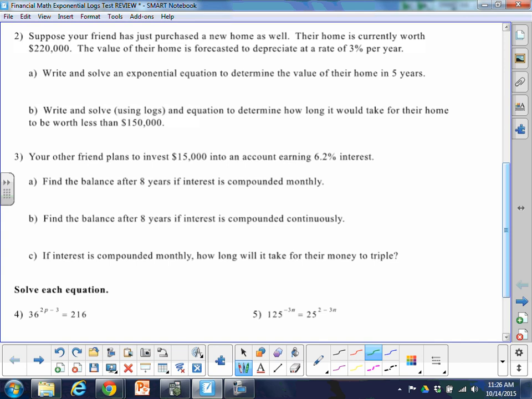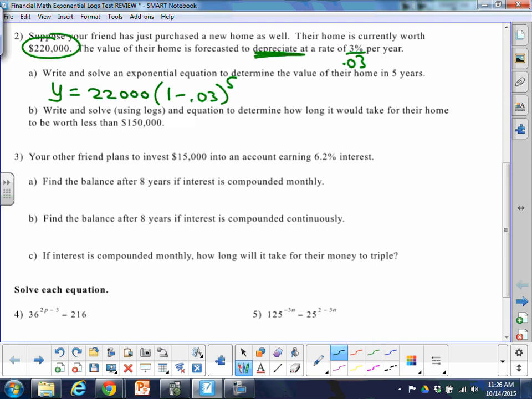Your friend purchased a new home as well. $220,000 is an initial value. It's depreciating. Okay, it's decreasing in value by 3%. So we could say something like an exponential equation would be the new value y. Remember, the format's always the initial or the starting value. We usually do 1 plus when things grow, so it's 1 minus when things decay. So 1 minus 0.03, and it's happening in 5 years. You could also just make this a 0.97 to simplify things a little bit. And you should get an answer there of around,